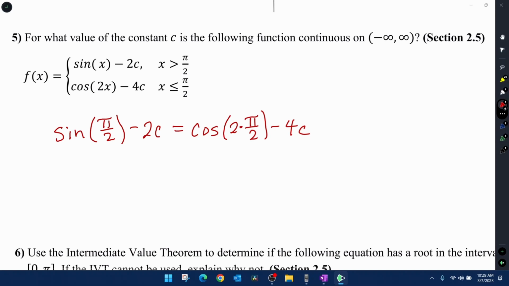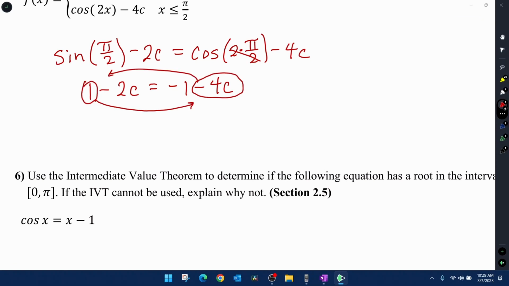And so now again, you're going to have to go to your unit circle or simply know what is the sine of pi over 2. And then for the cosine, the 2's cancel. What is the x coordinate at pi? And now can I solve that for c? Okay, I'm going to move the 4c. And that's going to make the 4c positive, but that's going to make the 1 negative. And then if I combine like terms and divide by 2,